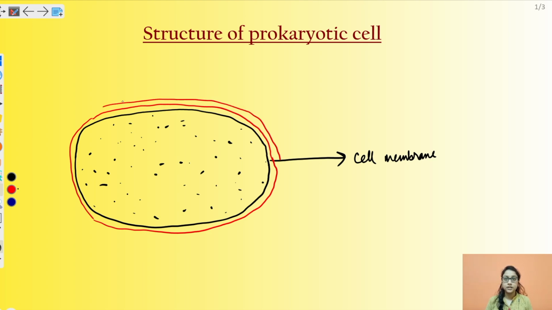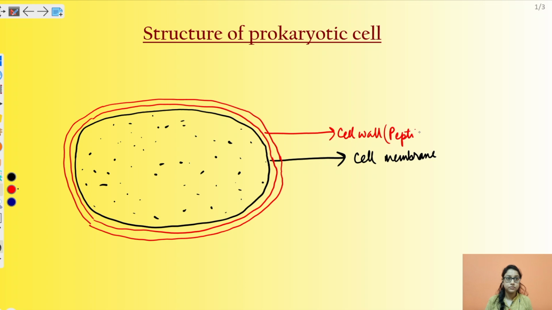The red line I am drawing is the cell wall. It is made up of peptidoglycan. In some bacteria, we can also find that outside this cell wall, there is another gelatinous